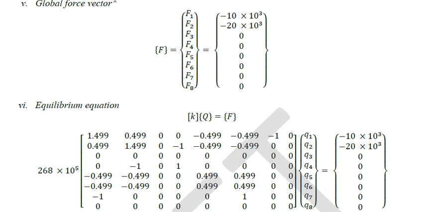Now, global force vector. Since I have maintained 1, 2, 3, 4, 5, 6 in the stiffness matrix, the force vector will also have 1, 2, 3, 4, 5, 6, 7, 8 as shown here. Only node 1 is applied with x direction force negative and y direction force negative. X direction force is 10 kilonewton, that is why 10 into 10 power 3. Y direction force is 20 kilonewton, that is why 20 into 10 power 3. Load I am maintaining in Newton, dimension in meter.